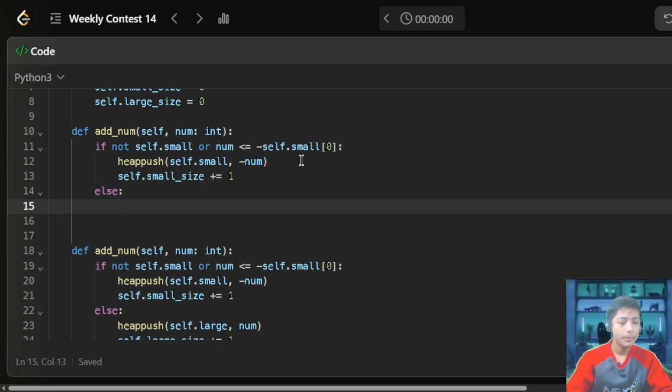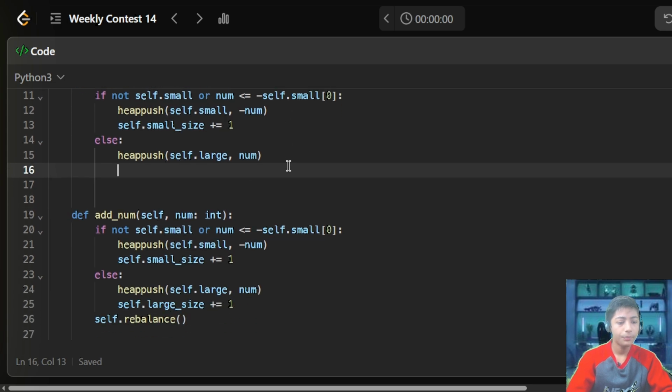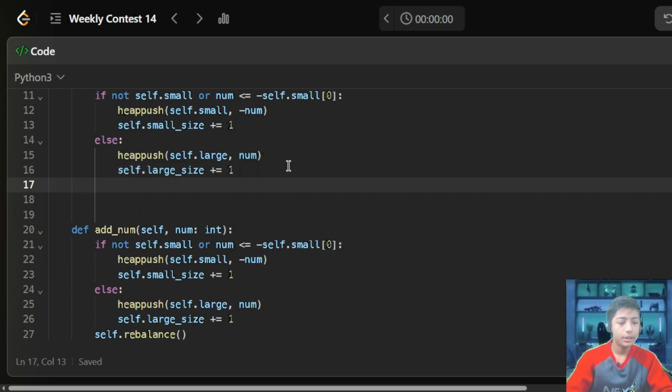Else: heappush(self.large, num), self.large_size += 1, then self.rebalance().